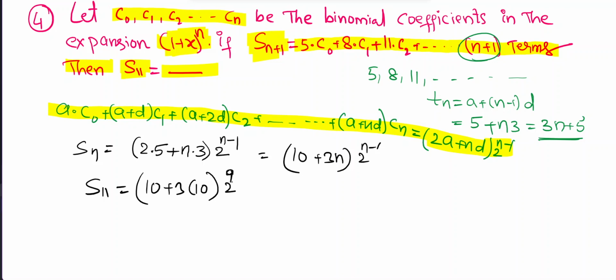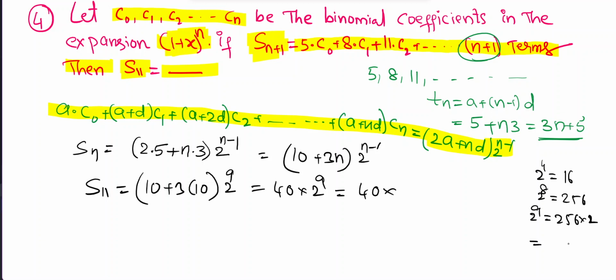So that is 2 to the power of 9, that is equal to 10 plus 3 into 10, 30. This is 40 into 2 to the power of 9. 2 power 4 is 16 and 2 power 8 is 256. So 2 power 9 is equal to